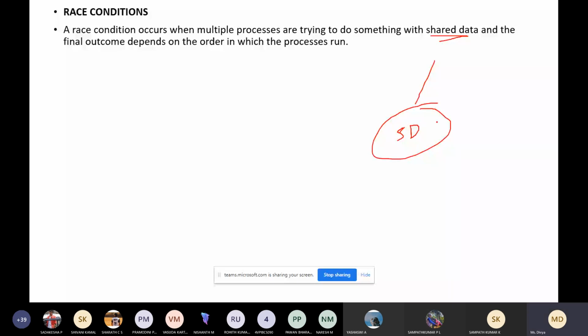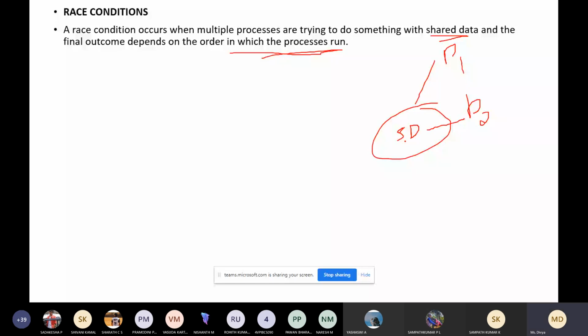Multiple processes are trying to use this shared data, and the final outcome depends on the order in which the processes run. Process one, and maybe a child process, are all using this shared data. Shared data may be a shared function or a simple local variable or anything. Both processes are using this shared data.